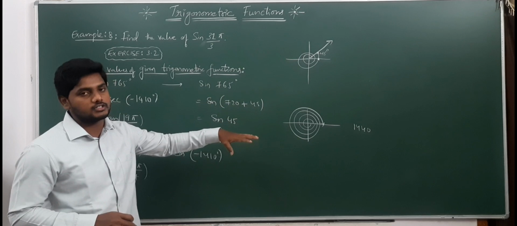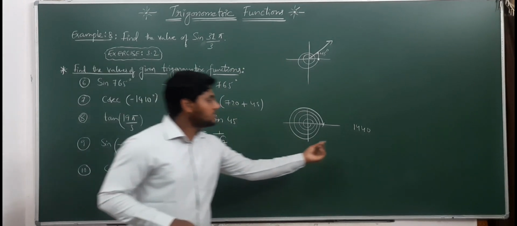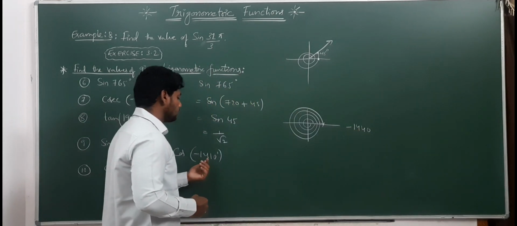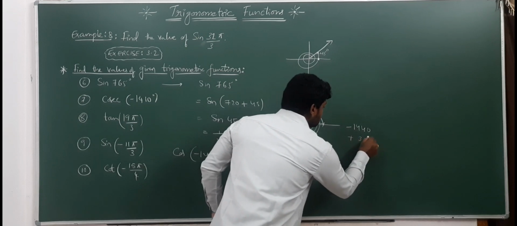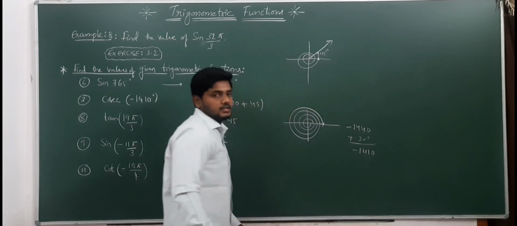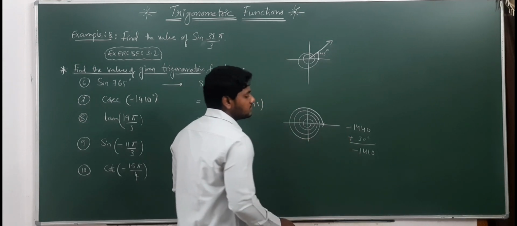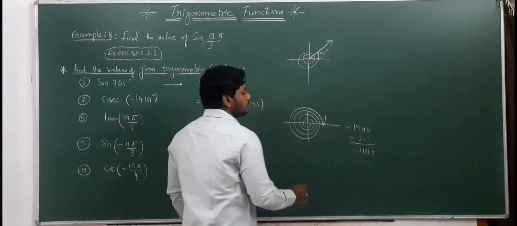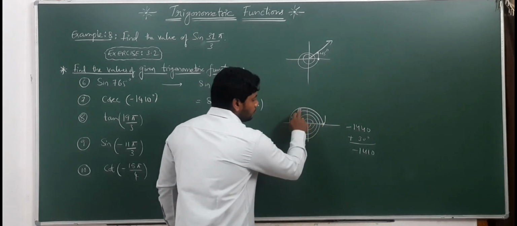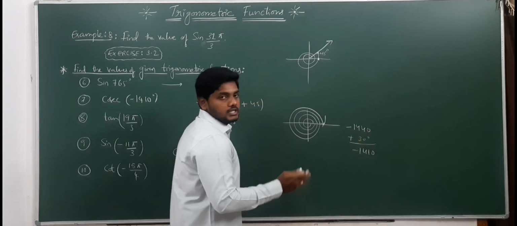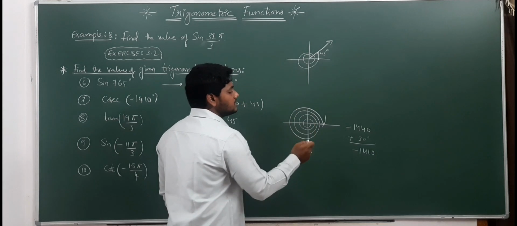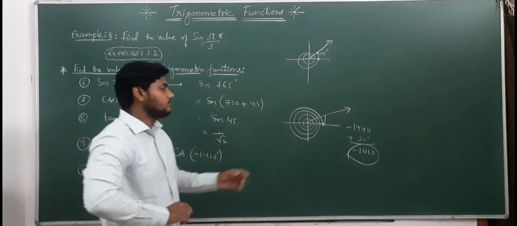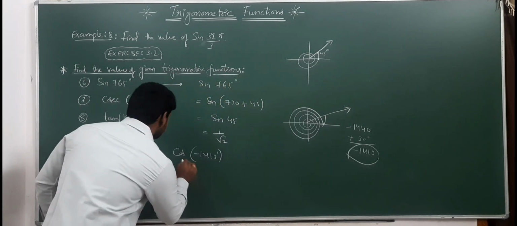It completes 4 revolutions. But what they gave? 1410, which is lesser than this. Nothing but it is minus 1410. How it will become minus 1410? If we add 30 degrees to this, we will get minus 1410. Nothing but if we want to add 30 degrees, again through clockwise or anti-clockwise. Through anti-clockwise if we go, it will become positive direction now. So from up to here it is minus 1440. If you rotate anti-clockwise 30 degrees, it will become minus 1410, which is in first quadrant. Right? Which is in first quadrant. So how to write that is, this is cosecant, right?